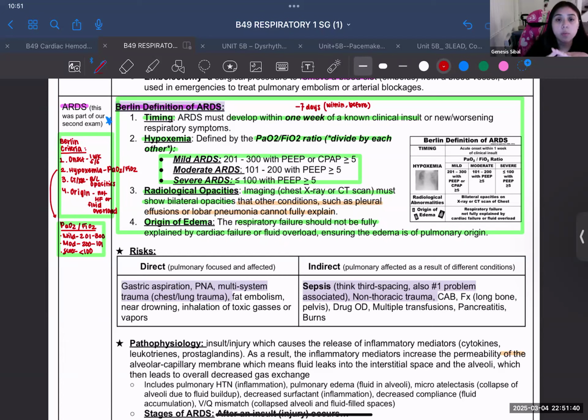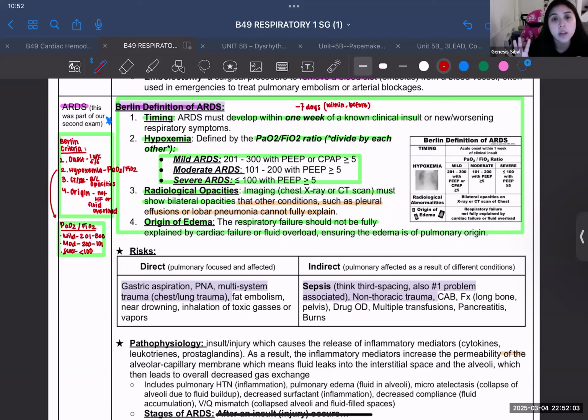In terms of the pacemaker and 3 lead, I think she may have hit on that in the third exam, but I'm not sure if she also taught you a little bit about it. I think there's only maybe one or two questions she might ask you on that, but she was really heavy on that for us for the third exam, and it seems like she's doing the same thing. So just let me know what she explained, and I'll try to help you out by this weekend.